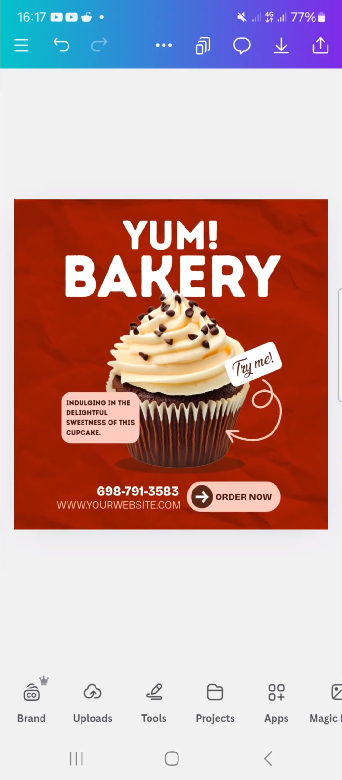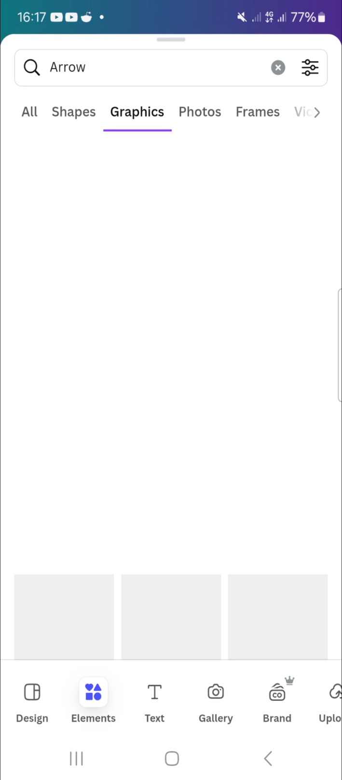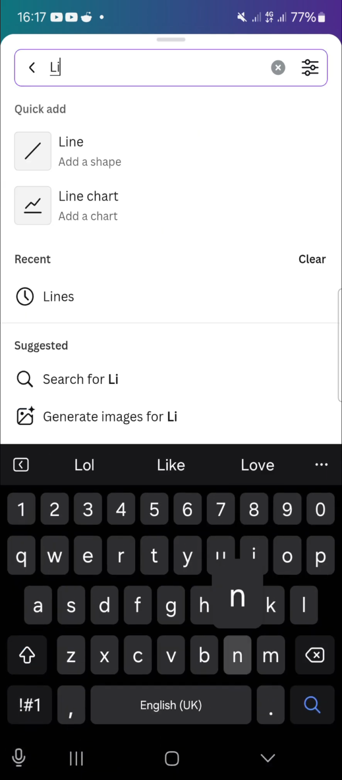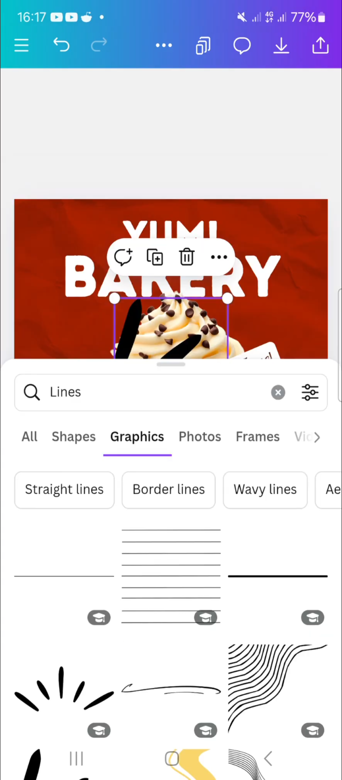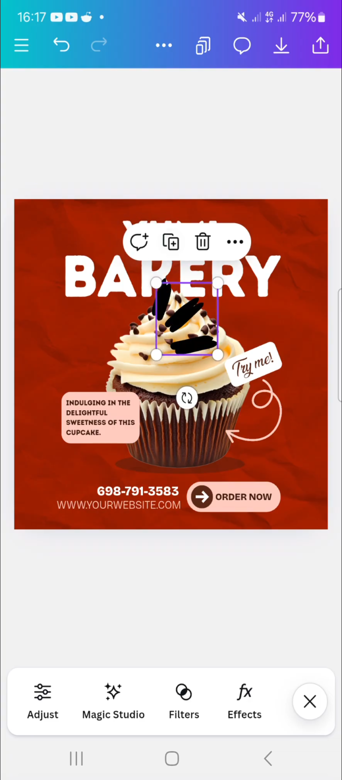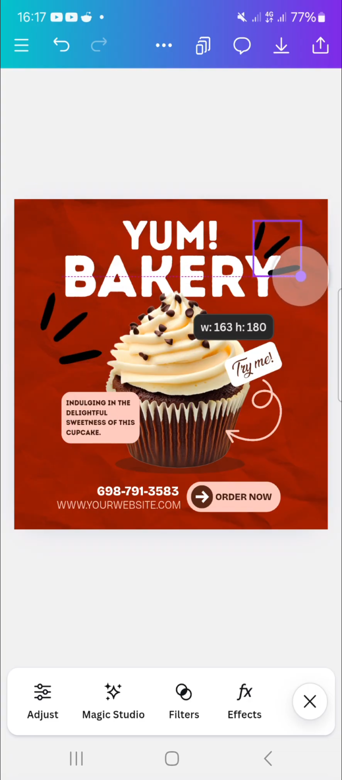So this is our flyer design, and the last thing that we're going to add, let's go to our elements and let's search for lines. So this is what we are looking for. We click, and then let's duplicate it and keep one by the side, and then take this one up, decrease it and position it here. Let's rotate it a little bit,